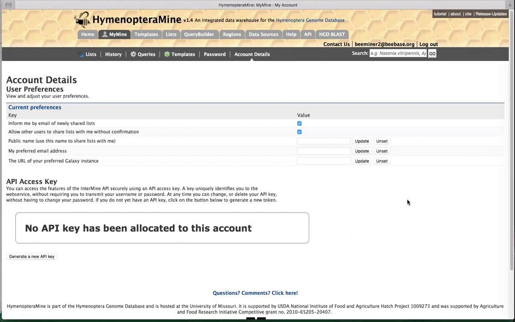I think it would be nice. So sometime in the future, we would like to be able to contact users so that we can let them know when we're going to update HymenopteraMine. And so I guess you might receive 2 emails if you create 2 accounts, if you are using different email